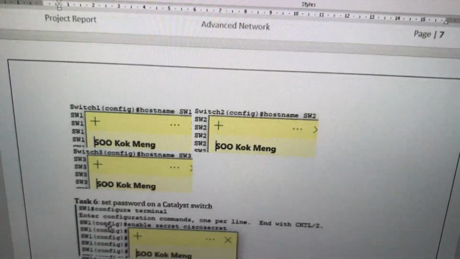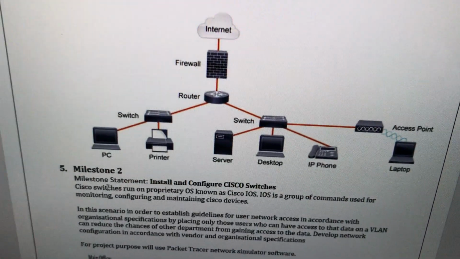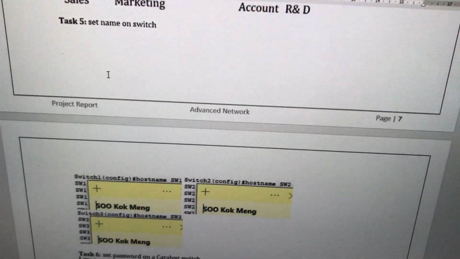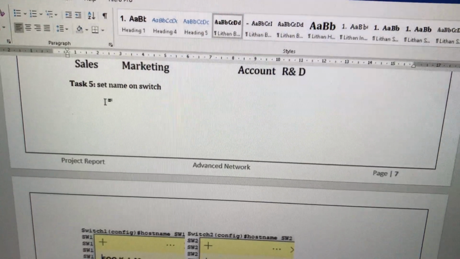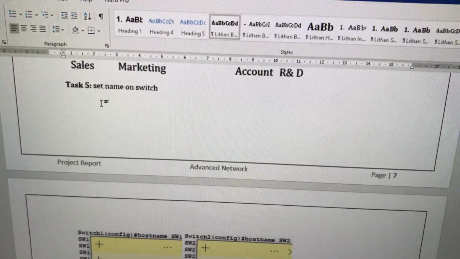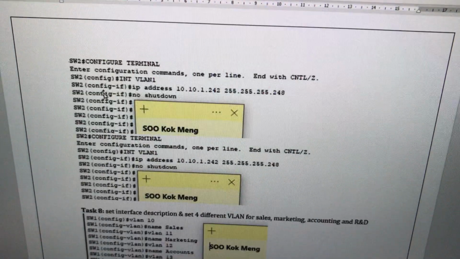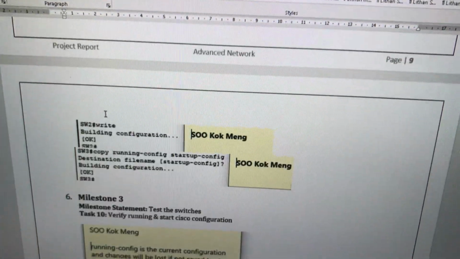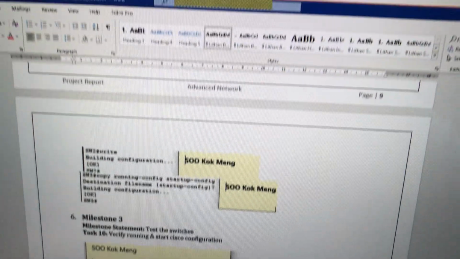No, this is coming from top. The task is not getting changed. Like we have 1, 2, 3, 4, 5 tasks in the first milestone, so milestone 2 tasks will be starting from 5 here. It won't start from 1 again. So 5, 6, 7, 8, 9, 5 tasks we have here.